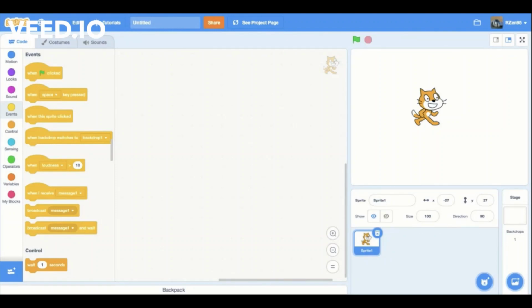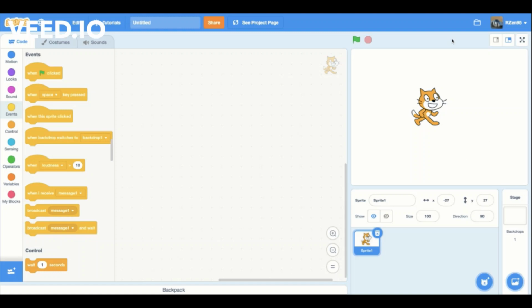I am Afaba Marwa and I am 8 years old. This is my first video and today I am going to teach you how to animate the Scratch cat walking from left to right. This tutorial is for those having at least basic knowledge of Scratch.